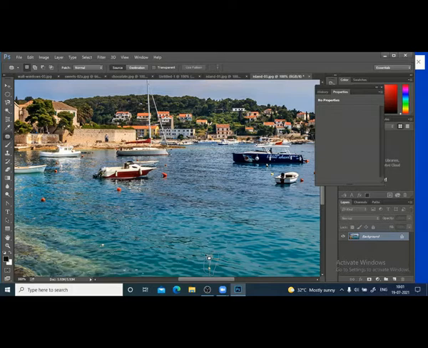You want to remove this, drag it. Control D. Very, very powerful command. I want to remove this. Go. Like this, you can drag this way also. Click. Control D. Okay, so this is a very, very powerful command, the patch tool. If you want to remove any patch, you can use this command. Anything to remove, it automatically fills with the area very close to that one, it takes the area and fills it.